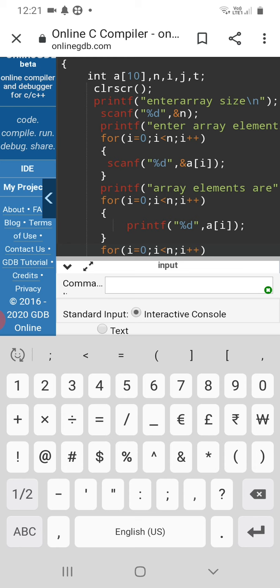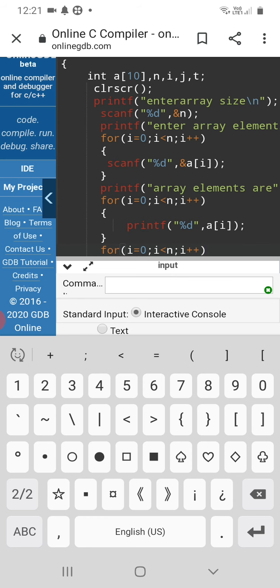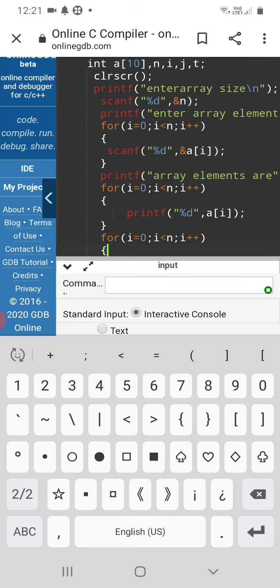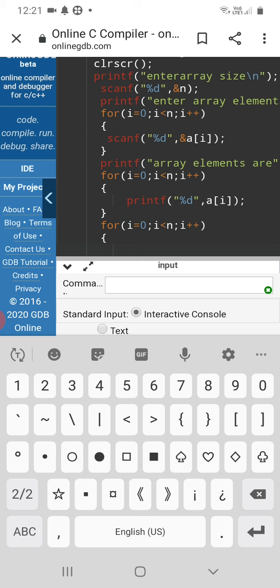Next, here, for ascending order, open brace. Use a nested for loop.